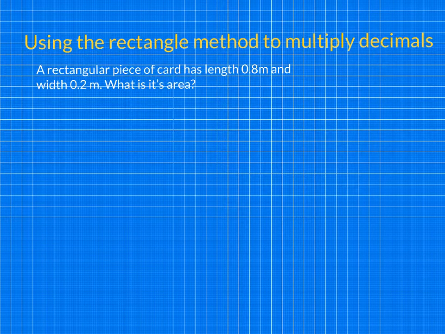Using the rectangle method to multiply decimals. A rectangular piece of card has a length of 0.8 metres and a width of 0.2 metres. What is its area? So if we draw a sketch, we've got our piece of card